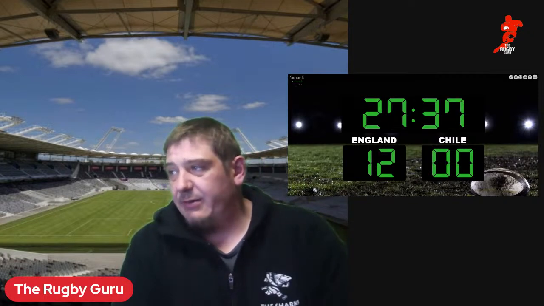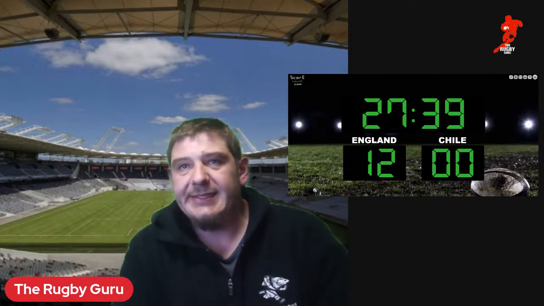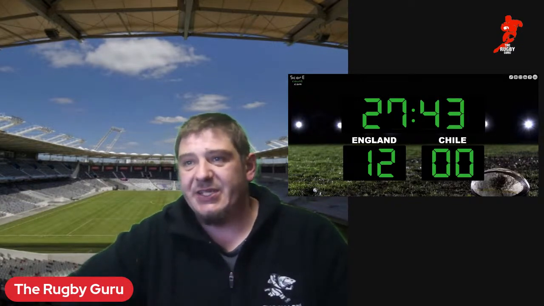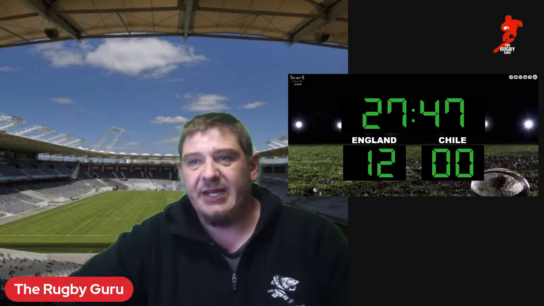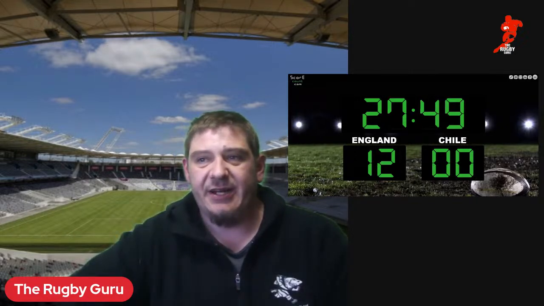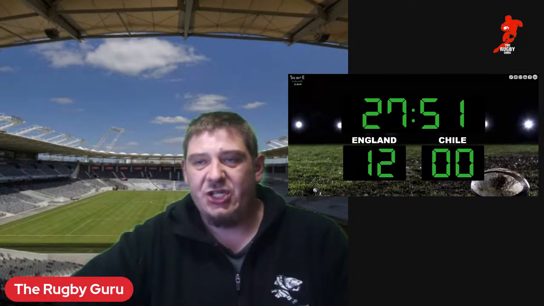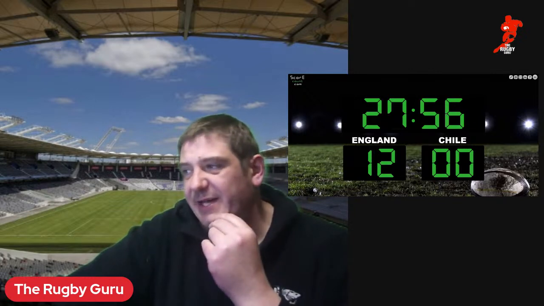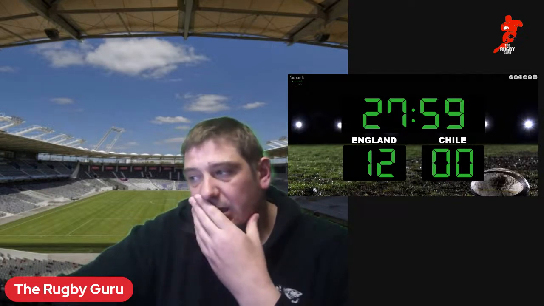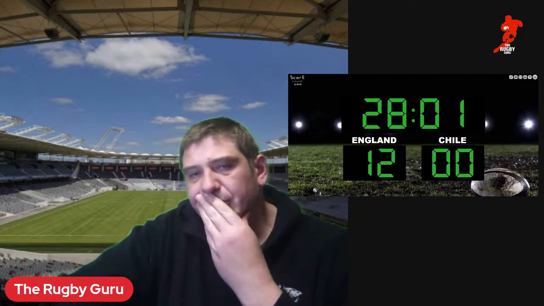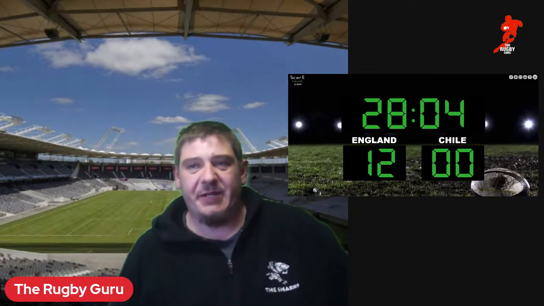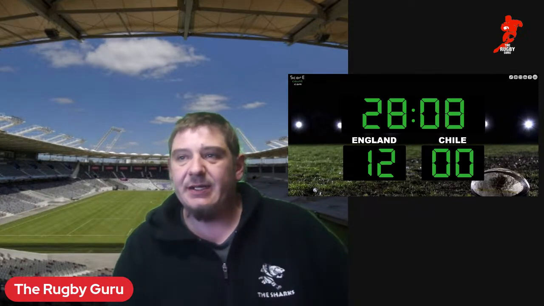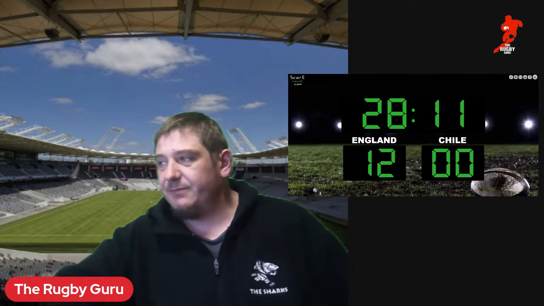Right, so let's see what Chile can do from here. 27 minutes gone. Oh no, it looks like it's another penalty then to England now, and a knock on from Chile. Game knocked that ball on. So there must be no phase that I missed here. But anyway, it's going to be a scrum down to England, roundabout on the 10-meter line of Chile, on the far side of the field.